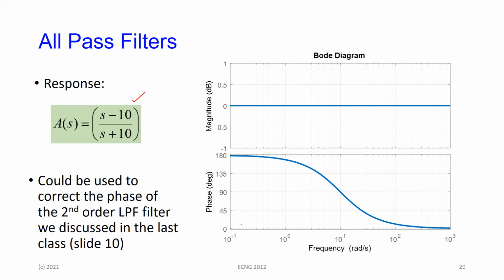So the second order filter that we had just now was going from 0 to minus 180. This one is going from 180 to 0. So if I were to take the output of the Sallen-Key low-pass filter and pass it through this,